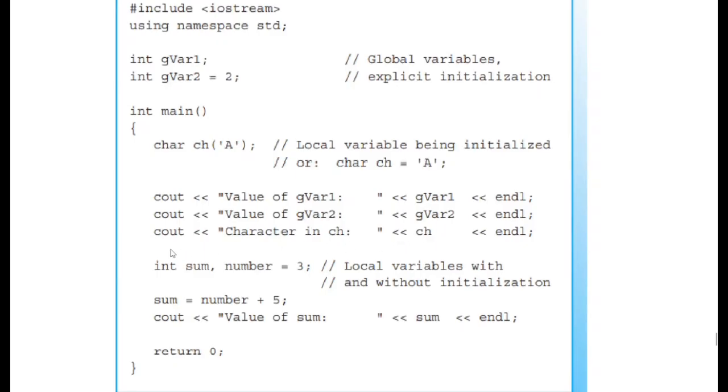Okay. Now next here we are initializing two variables on the same line. Because they both share the data type, we don't need to declare that data type twice. We can save ourselves that step. And we are implicitly initializing sum and then explicitly initializing number. So sum, as far as all goes, is set to 0, and then number is set to 3. And in here, we are using sum to store the result of a calculation, as we had also discussed. So we have here the number variable, which, if we recall, is 3, and then we're adding 5.